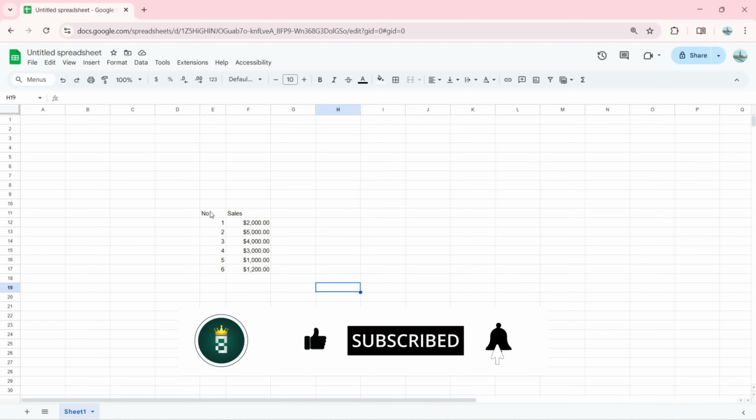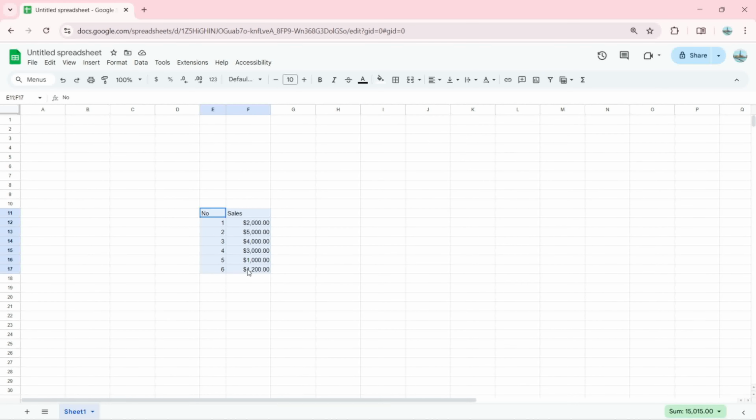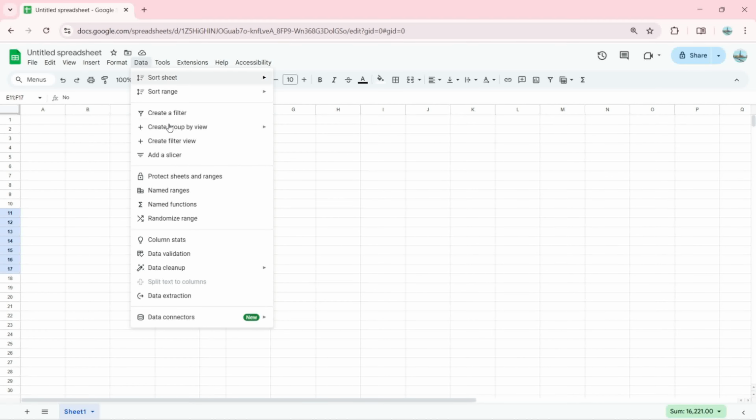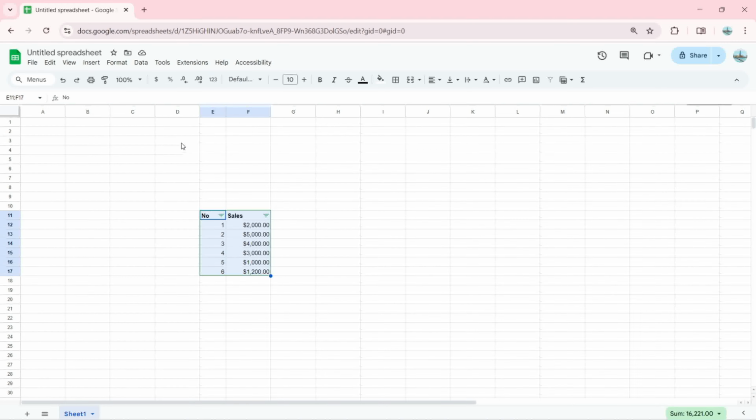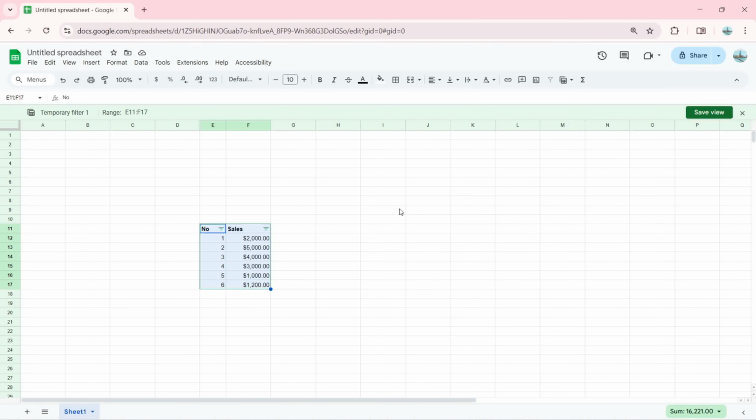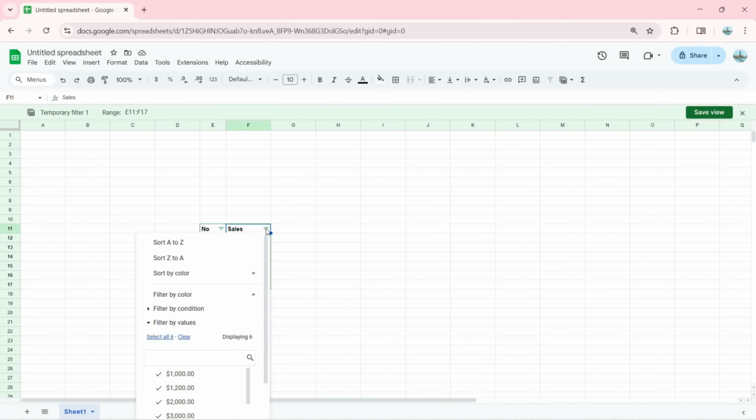1,200. Let's select our data and click on the Data menu, and we need to click on Create a filter view. When you click on the filter view, you can save this view, and from here you can just click and